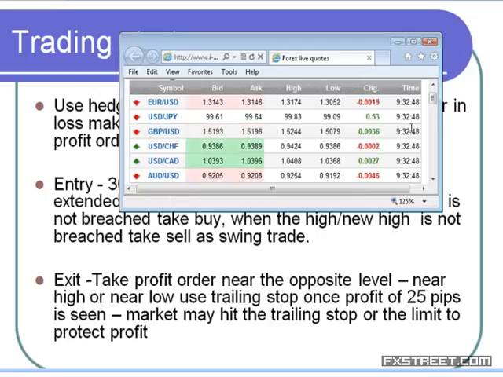Then exit. So if you take a buy position near the low, then we should try to exit near the high. And there comes our smartness. How? If they quickly gain the level and stop cutting a new high for more than 30 minutes, quickly exit the position. Identify whether it is an extended move or an intentional move. In the intentional move, we can quickly book profit and re-enter near the initial high, and again book profit towards the close of the session.